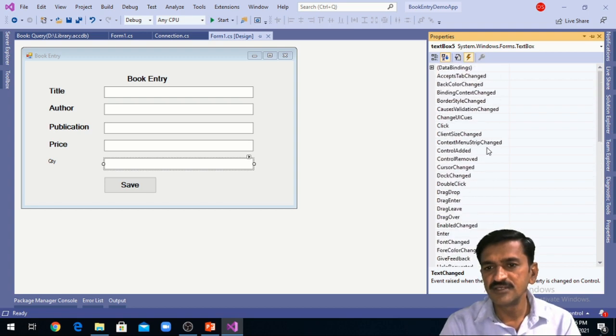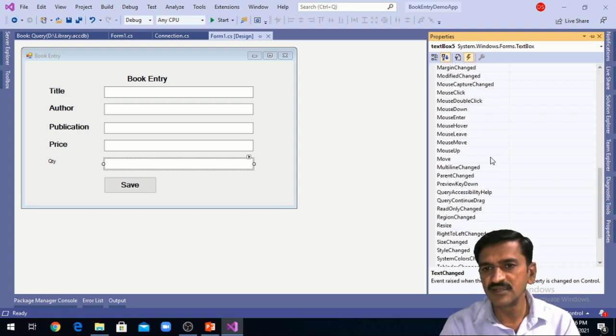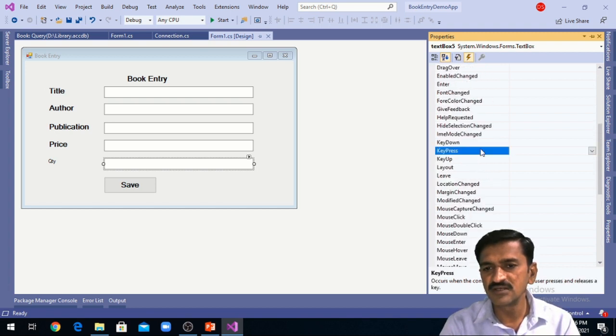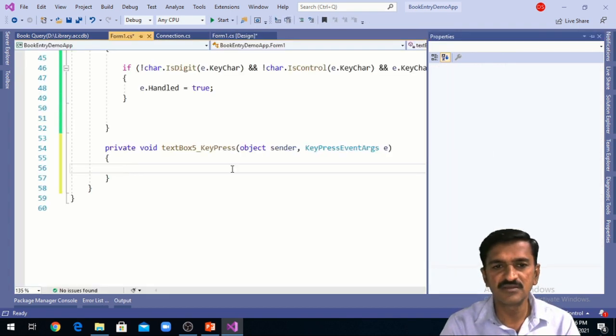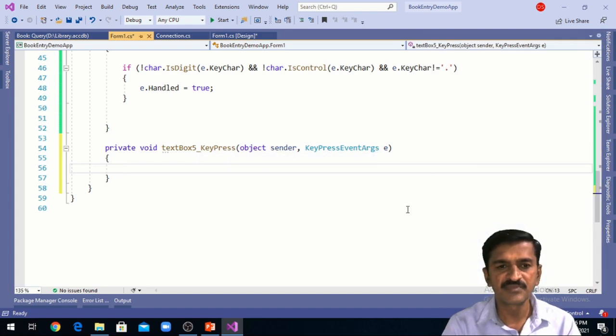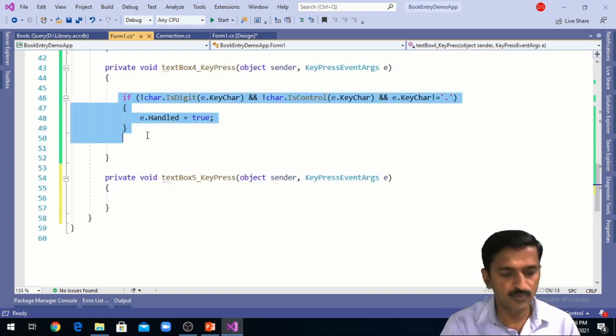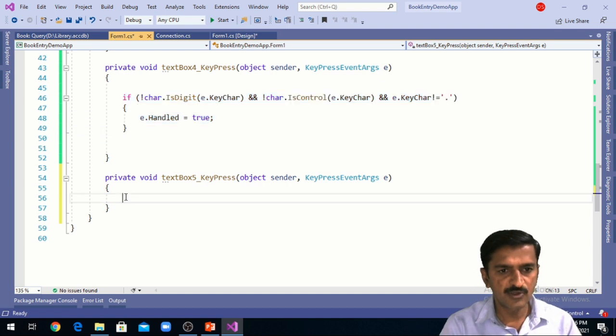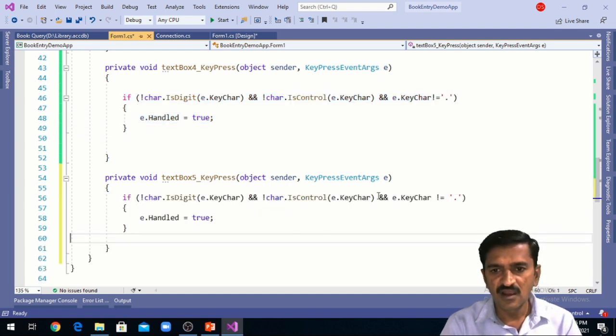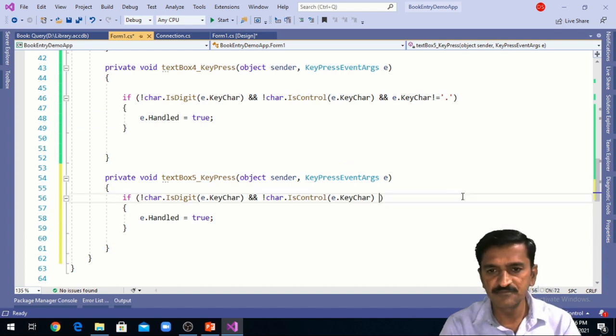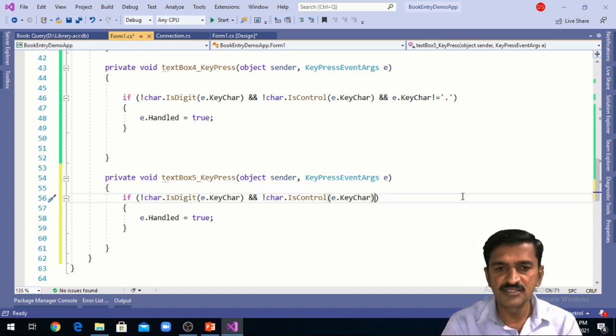Then I need to write the key press event again. So I am searching for the key press event and double clicking on it. The key press event will be added here. The same code I am going to copy to this text box. Only I don't want to accept the point here, so I am deleting this part.